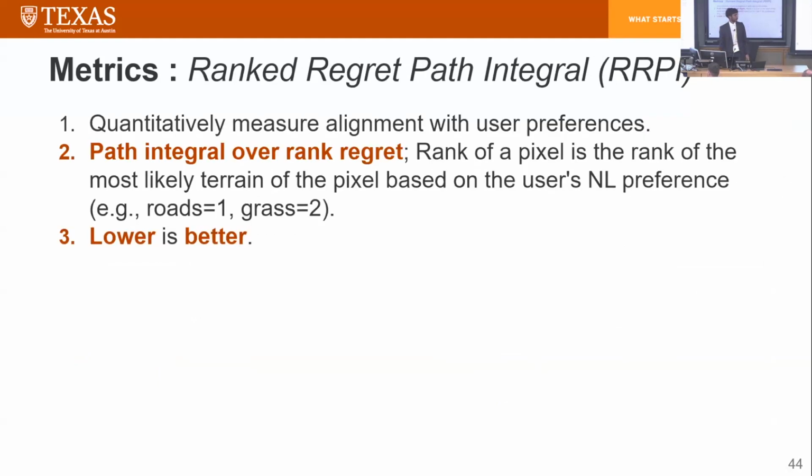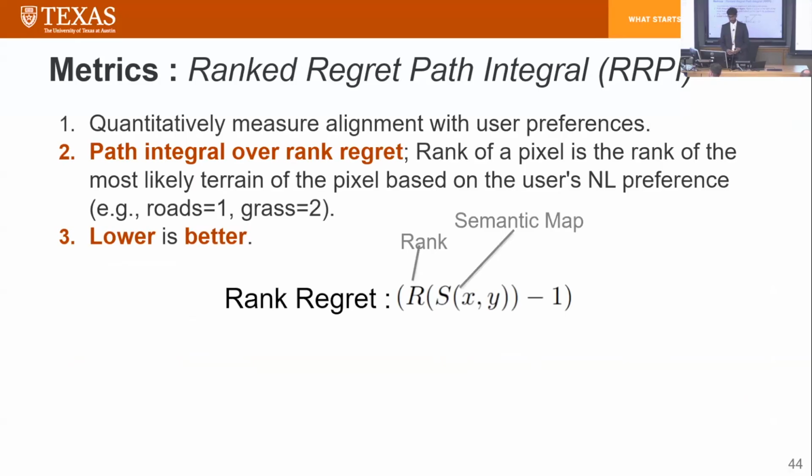This is the second metric, which is more quantitative. So we have this metric called rank regret path integral. The rank is basically given in a natural language preference. We assign ranks to roads, grass, and other classes. Once we have this rank,